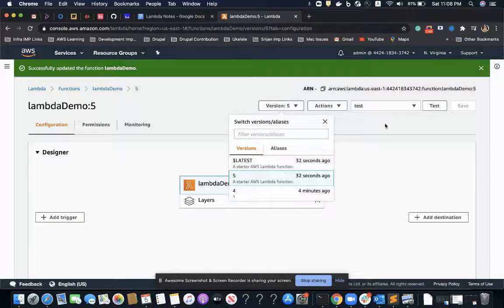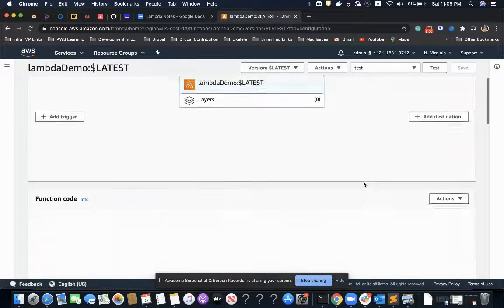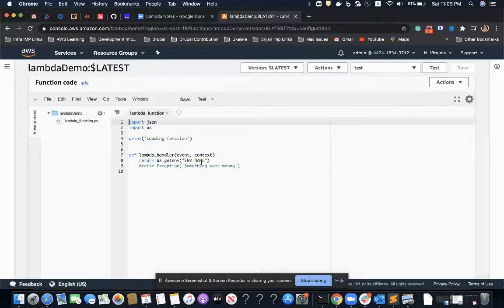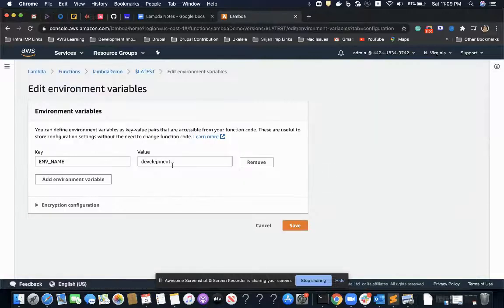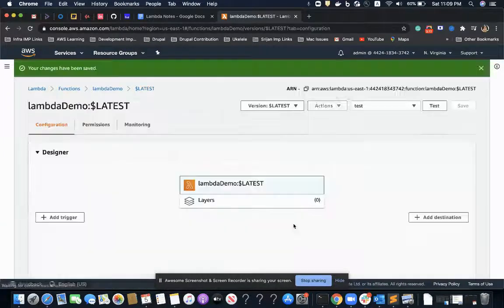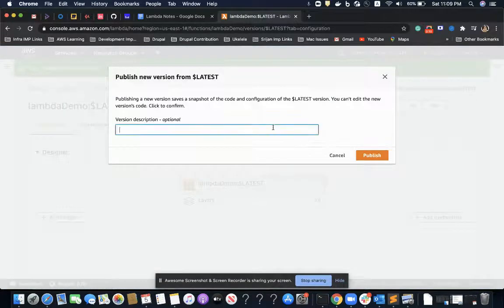Now I want to have one more version for my production environment. How do I do that? I'll simply go to my latest version, because I cannot make changes to any of the versions, and I'll change it to production. Save it, and publish it as a new version.